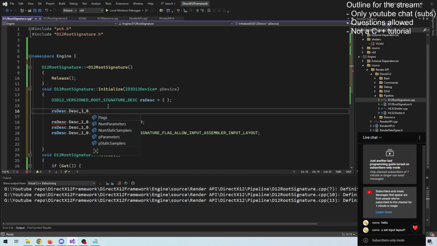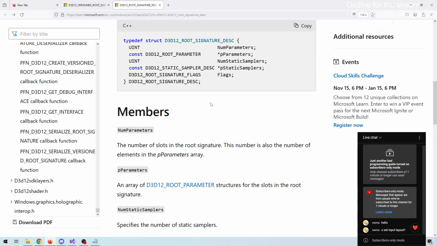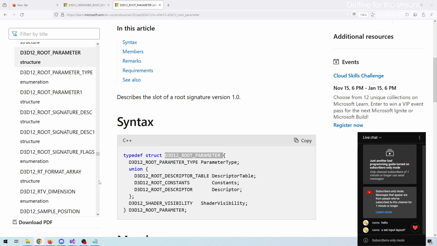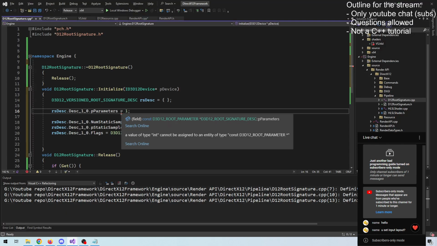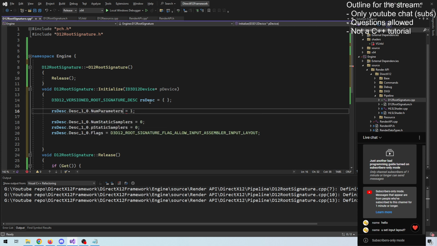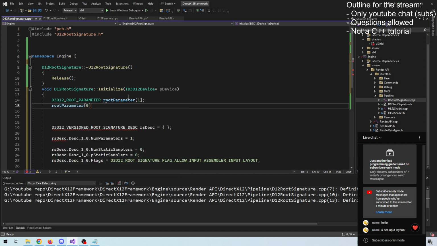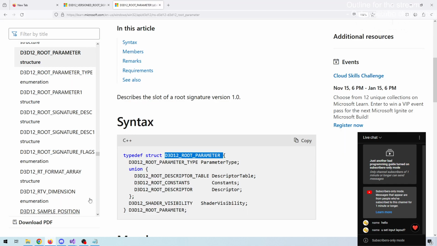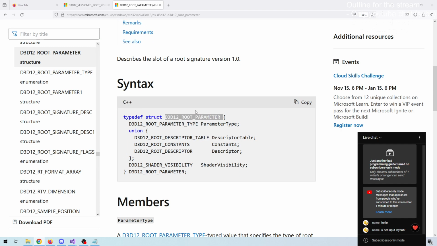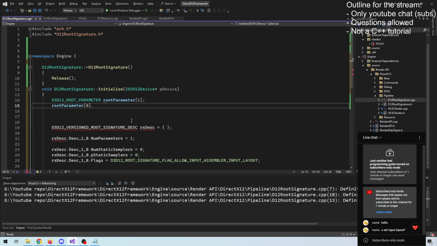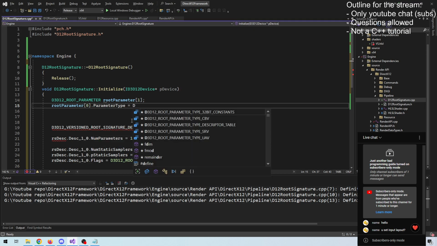Let's see. We will put in one parameter, and we will have to create a root parameter structure. Not num parameters. There we go. And we need to create our root parameter array, which will hold one parameter. And let's look up the structure here. It has a parameter type, which will be a